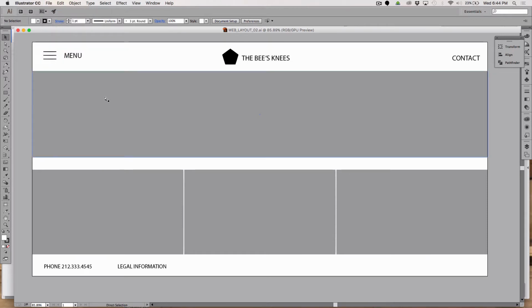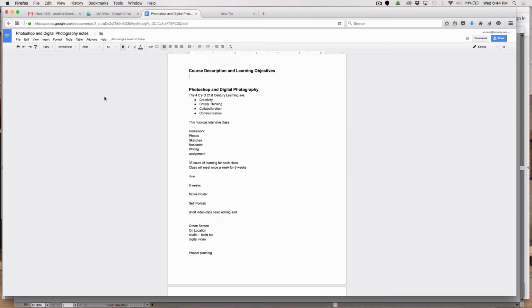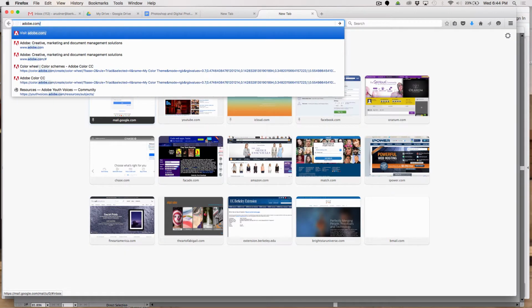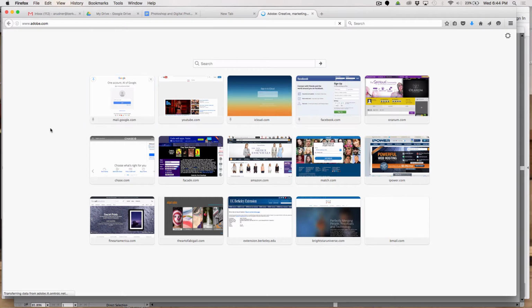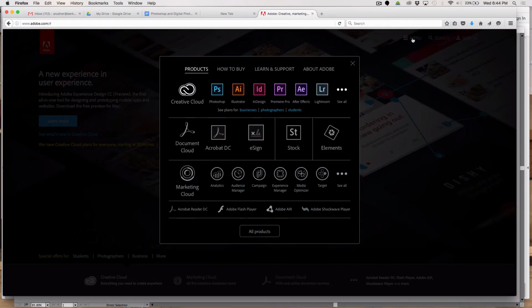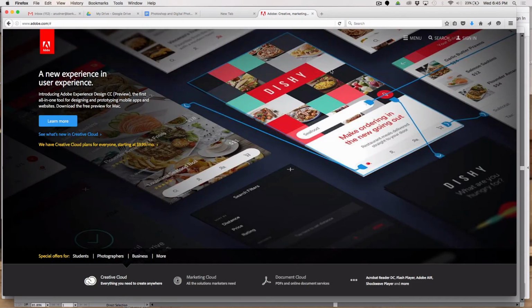Next thing I want to do is jump over to my reference, and my reference is adobe.com. I know that you've been working very hard and that this is a lot of work. I wanted to remind you that there's a lot of help for you online. So this is one way I could create my pop-down menu, probably not the way I really want to do it. Another way I could create my pop-down menu might be, let's go to